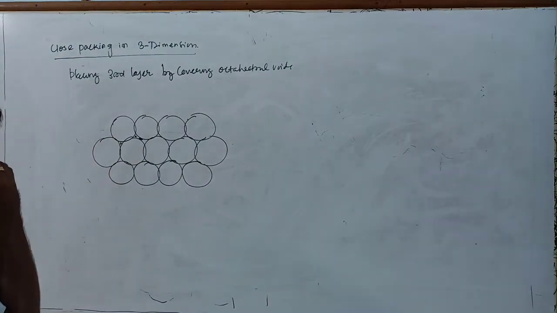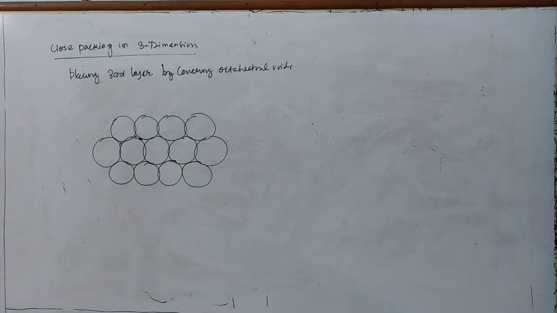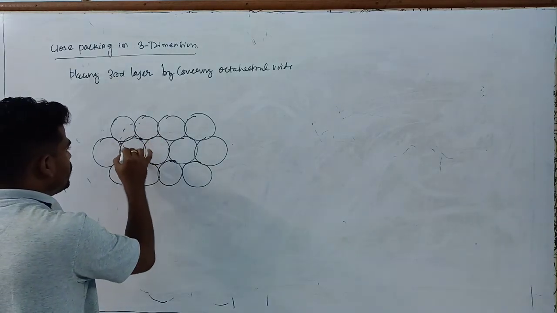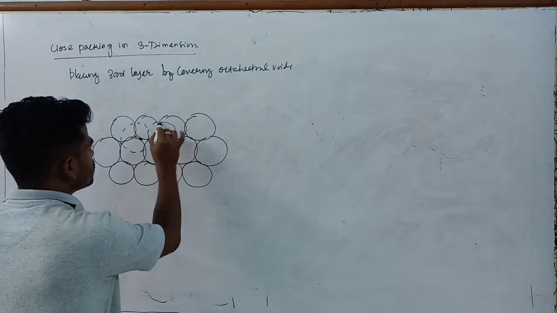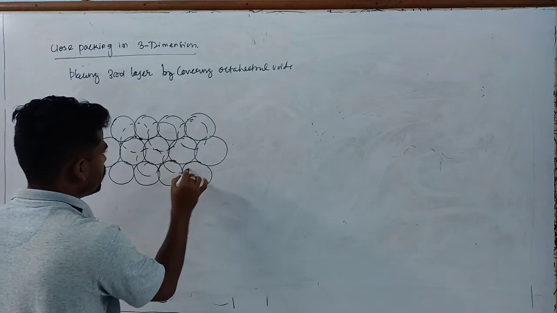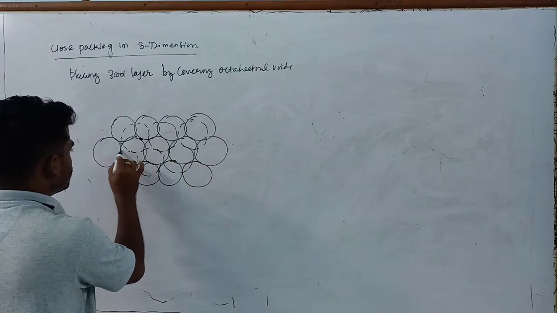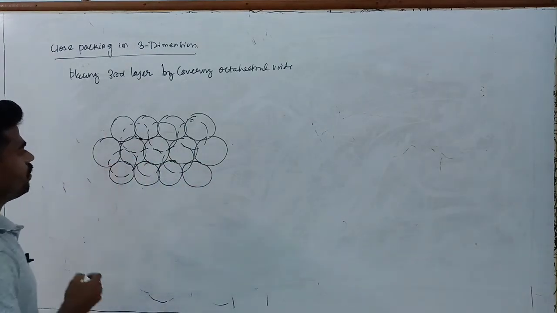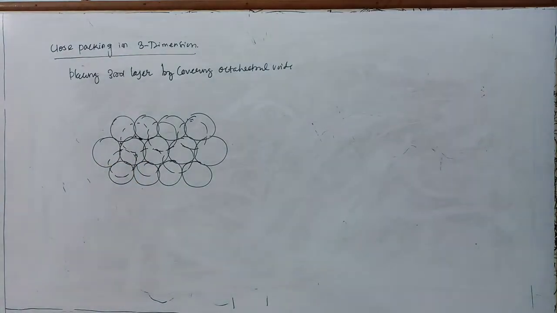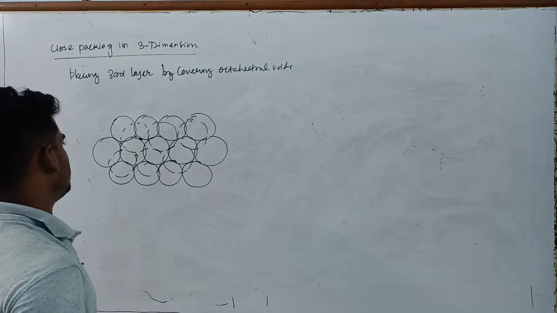Right now I need to place the spheres of the third layer. Okay, so just do it. This is the second layer, like this. So we have got by this your AB type of pattern. Okay, so here this void is your B, octahedral void. Is that clear? So if I place the third layer over